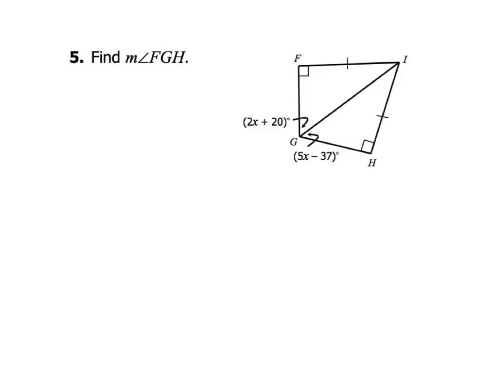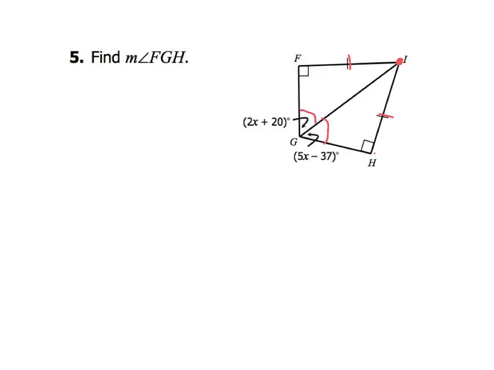Number 5 is asking us to find the measure of angle FGH. So what we need to do is look at our diagram and try to interpret what we're given. So first of all, we want to know, is IG an angle bisector? So what we need to determine is whether the distance from point I to F and I to H is congruent, so we know that it's equidistant. And we know that IF is perpendicular to FG and IH is perpendicular to GH. So therefore, because they're perpendicular and equidistant, we know that IG is an angle bisector,